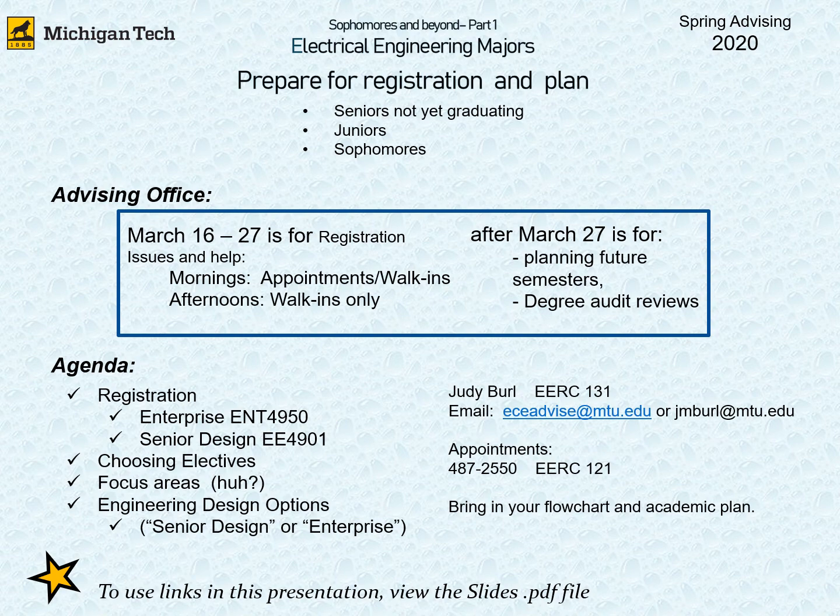This is for electrical engineering majors getting ready to register in junior and/or senior level ECE courses that are shown in the third and fourth year on flowcharts. This is relevant to sophomores, juniors, and seniors not yet graduating. We will cover the different types of elective course areas, what are focus areas and concentrations, and the engineering design